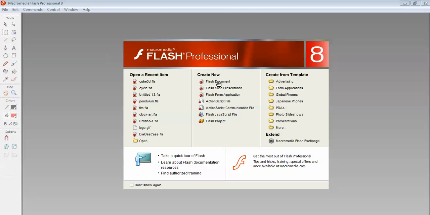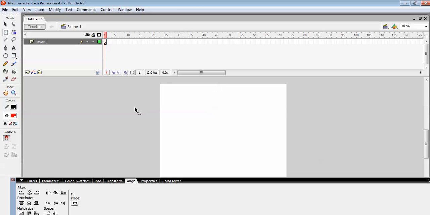So let's begin and create a new Flash document, and we would need 4 faces like a cube has, and each face will be represented by a label. So let me call the first label 3-dimensional,